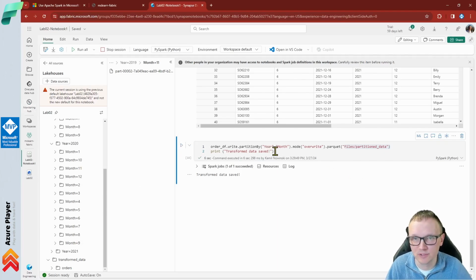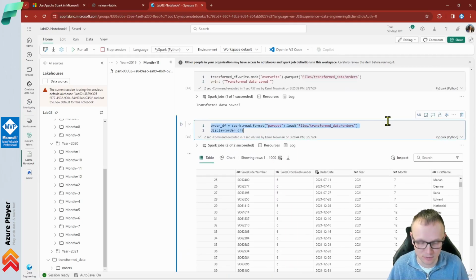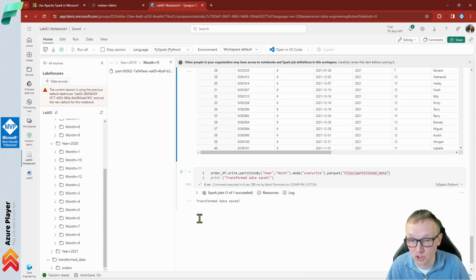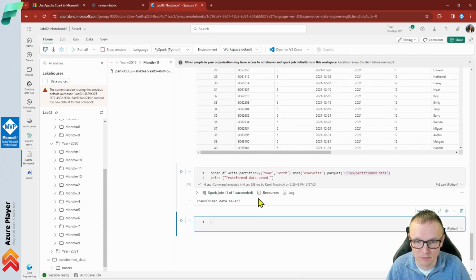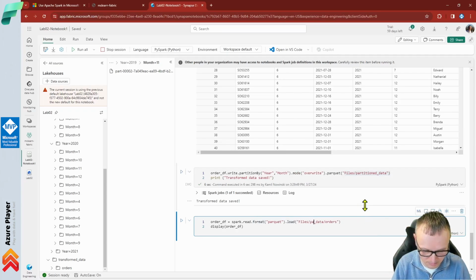Now, similar to the previous step, let me show you how we can read this data, but this time I will read it from a specific partition, which of course is a more efficient way of reading data, instead of reading all the records from one location, from one table. So the approach is the same here. We are reading from Parquet format files, and we need to provide the location. In our case, the location is partitioned data,